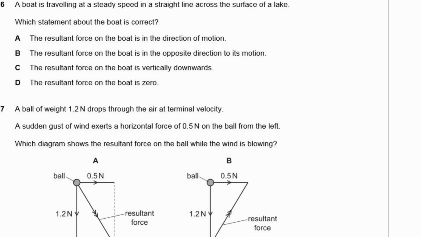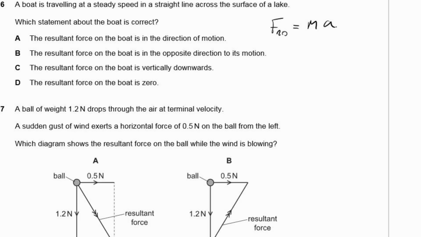6. A boat is travelling at a steady speed in a straight line across the surface of the lake. Which statement about the boat is correct? Okay, resultant force in direction of motion. So it's asking us about resultant force for all of those options. There we go. Resultant force